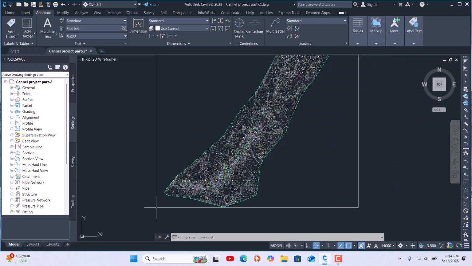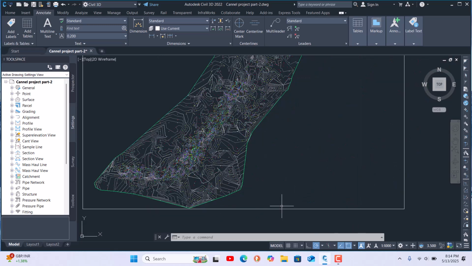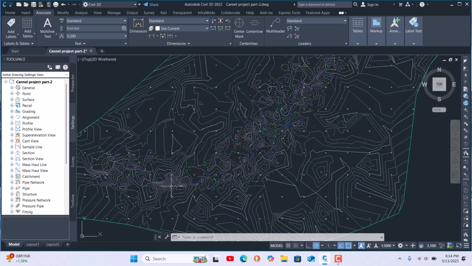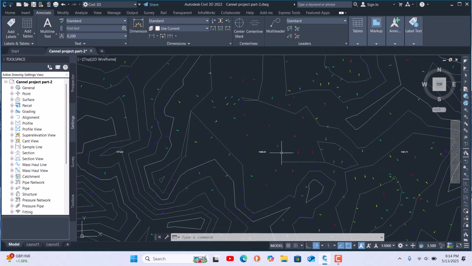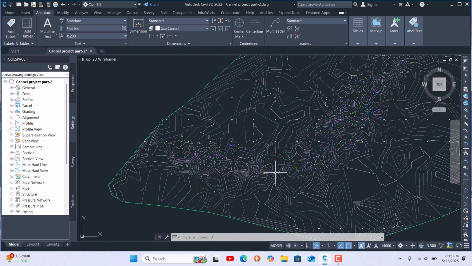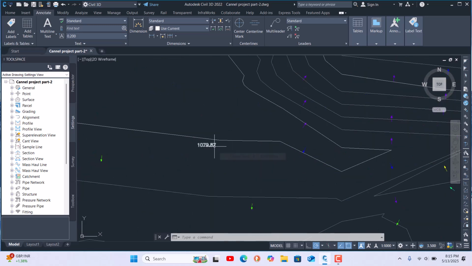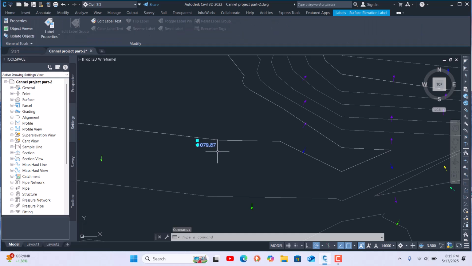This is the base point. If you make a line here and offset it every 300 meters vertically and horizontally, then you will get the points, these elevation labels, at every 300 meters. You can see this is a straight line. These labels are small. We want to make them somewhat bigger, so change the text height.